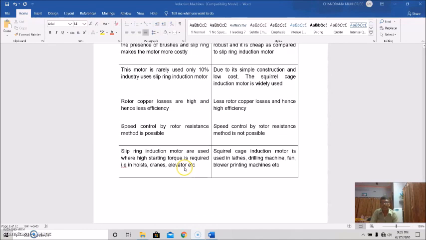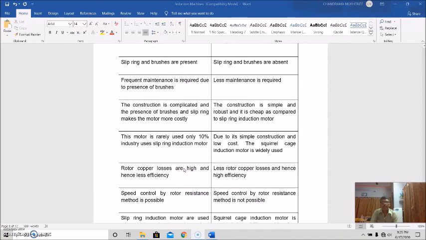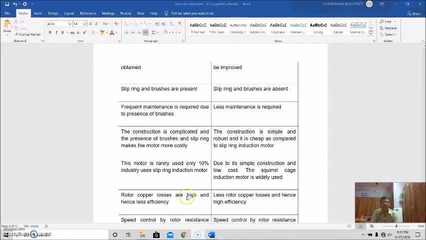So that's all about the differences between these two motors, the slip ring induction motor and the squirrel cage induction motor. So with this, we will finish our